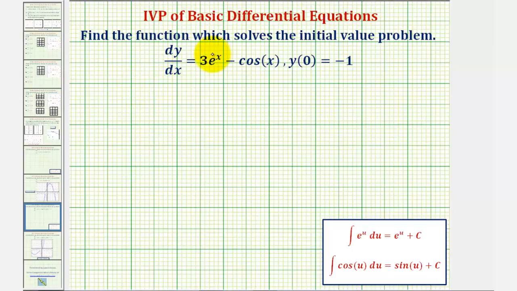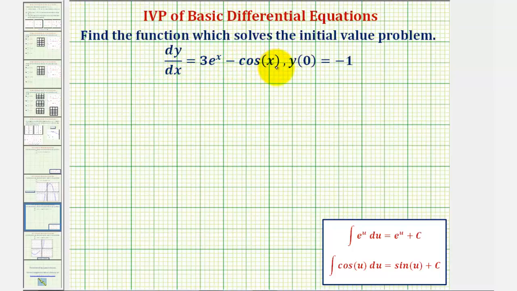We want to find the function which solves the initial value problem dy dx equals 3e to the x minus cosine x and y of 0 equals negative 1. Notice how the derivative function is a function of x. So to begin, we should recognize that we're looking for a function that has a derivative of 3e to the